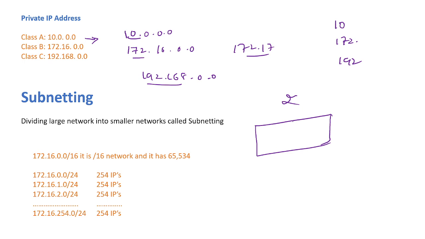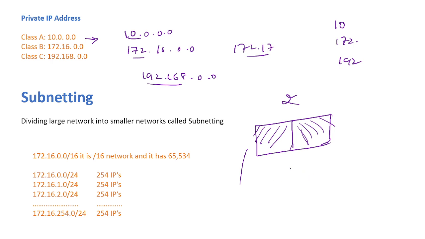He will exactly divide this and give one piece to you. Means he will divide it and give it to you for your usage and to your brother for his usage. Correct? Similarly, when you have a less number of IP addresses, and you don't want to waste the IP addresses, say for example, here